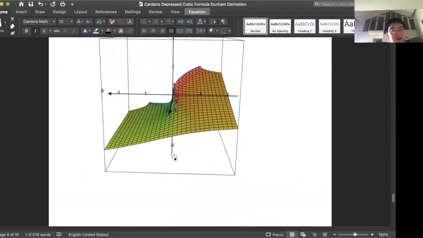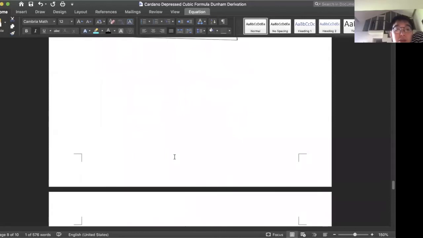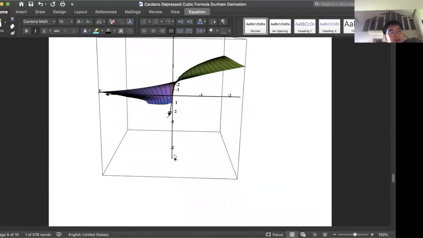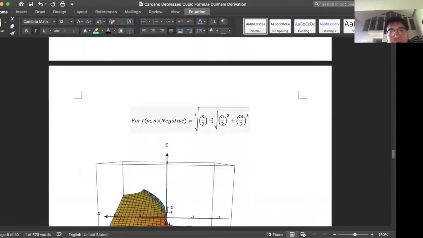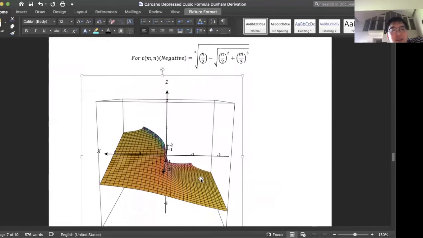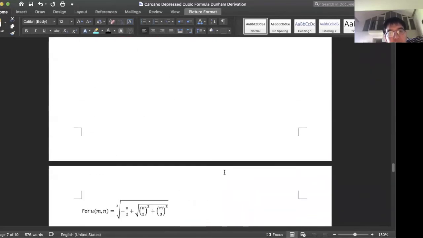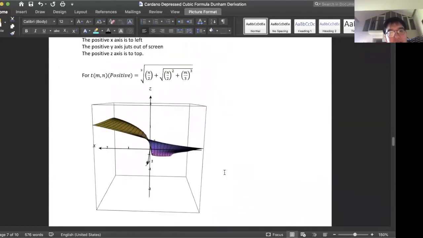You there? Okay. As you can note, especially from the u of m,n and t of m,n plots, where you make the sign negative, you have a negative sign over here. You seem to have a very spiral staircase-like plot, forming a cubic curve or trace. I think the best way you can see it is